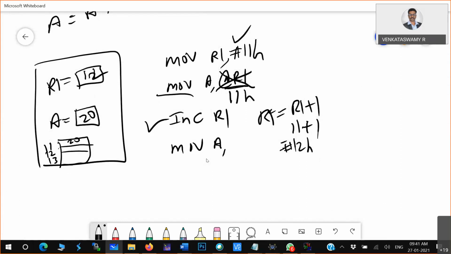Then what happens, the pointer will keep on incrementing. It won't always go to each and every address and fetch the data, so it would become very slow. Internally there will be a pointer, it will keep on incrementing and the data will be taken. That is how it works.